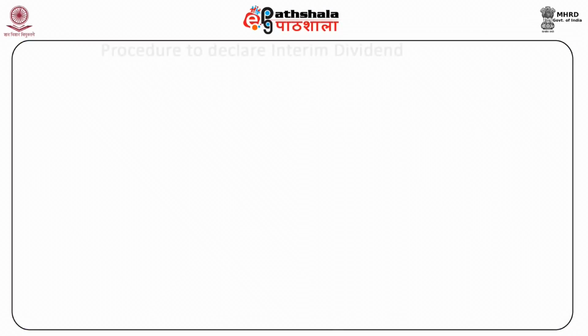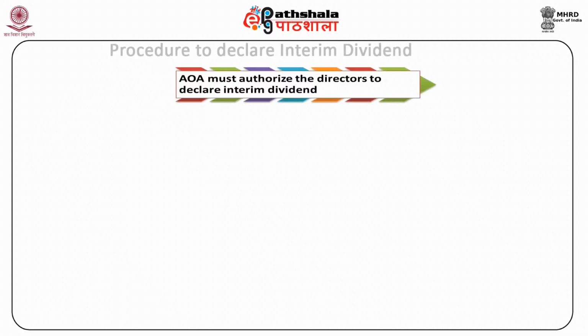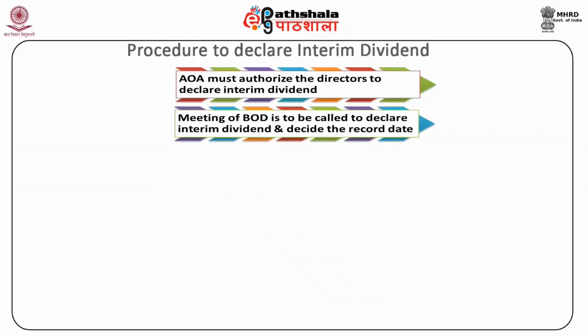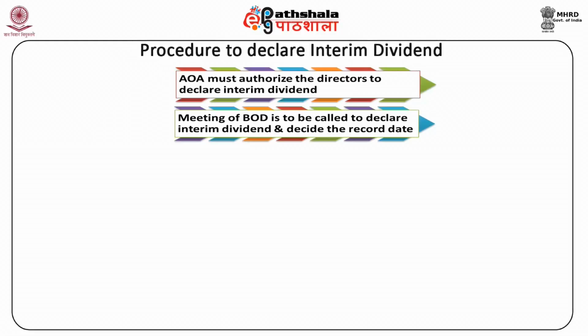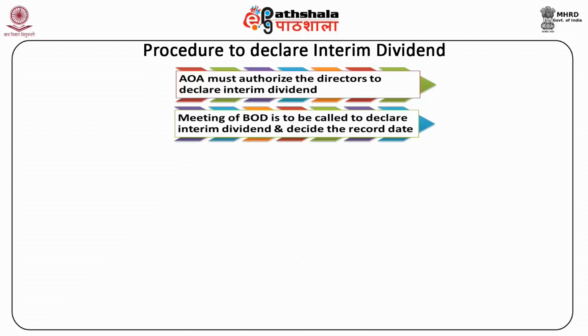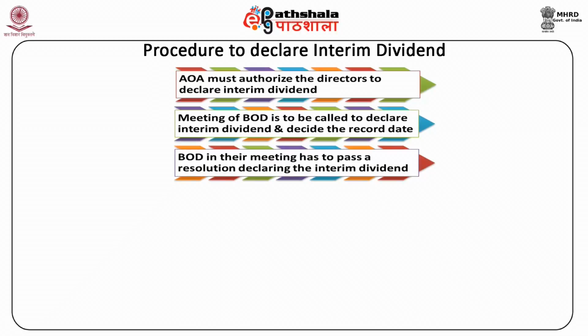Procedure to declare interim dividend. First, Articles of Association must authorize the directors to declare interim dividend. Second, meeting of board of directors is to be called to declare interim dividend and decide the record date. Third, board of directors in their meeting has to pass a resolution declaring the interim dividend. Fourth,